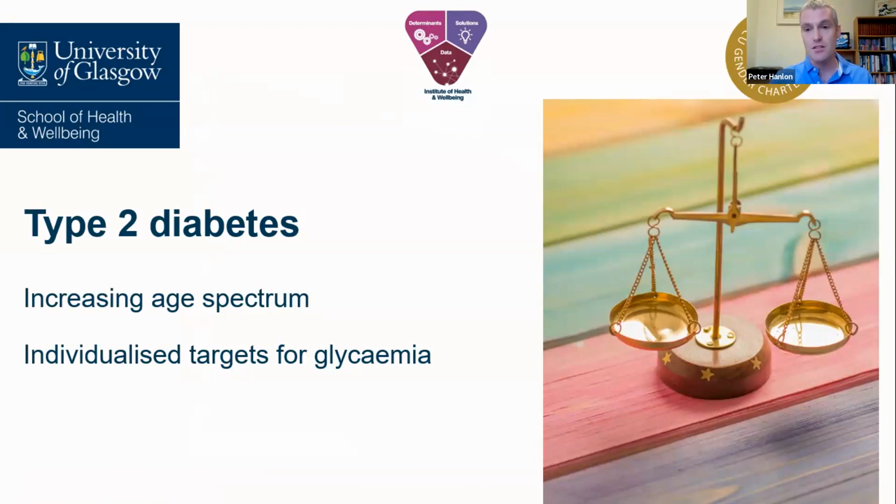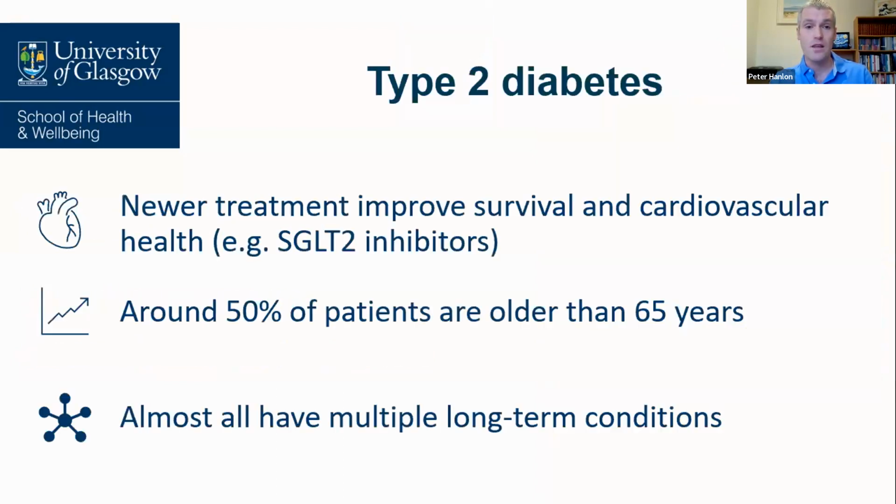We're seeing more type 2 diabetes in younger people, but also people with type 2 diabetes are often living a lot longer. And so we've got a really diverse population with quite diverse needs and quite diverse phenotypes within that. And clinical guidelines are recognizing this increasingly. So there are recommendations for individualizing our targets for blood sugar control, and particularly in people who are much older or living with frailty, to look for less stringent targets to reduce the risks of that. But there's still a lot of uncertainty as to how we should best tailor our treatments to individuals.